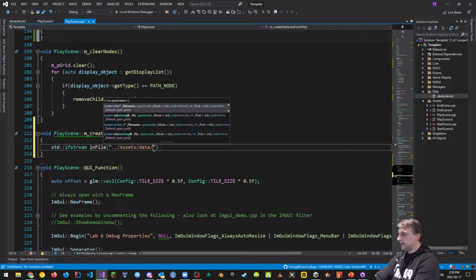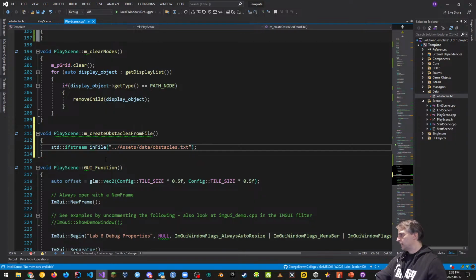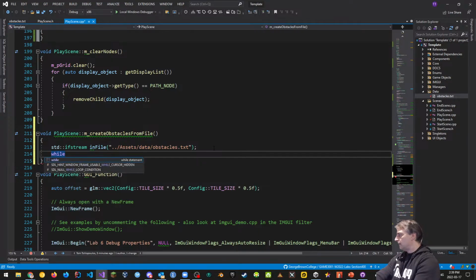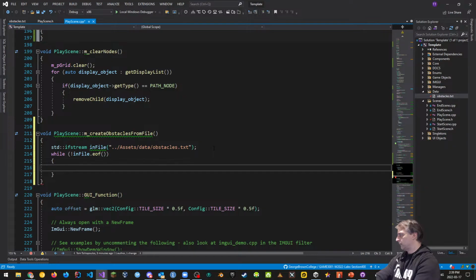Remember, it's on data, and then it's obstacles.txt. So that is going to open the file, right? And once we've opened that up, we want to say, while not inFile is at end of file. If we're not at the end of the file, keep reading is what this is going to do, right?